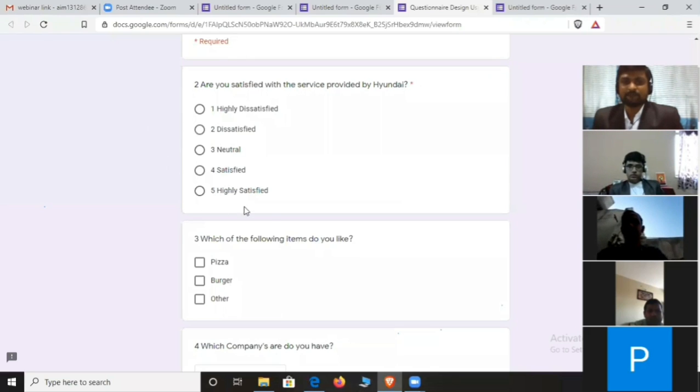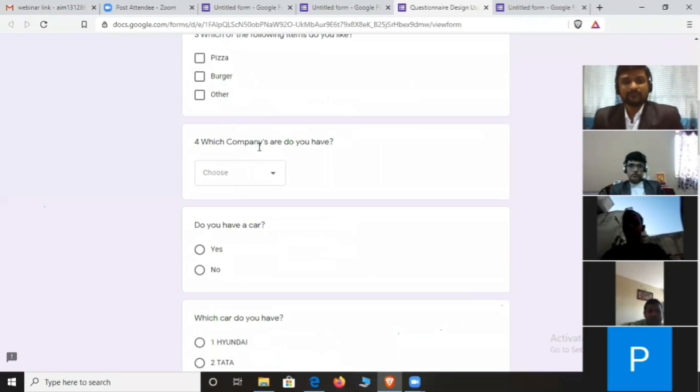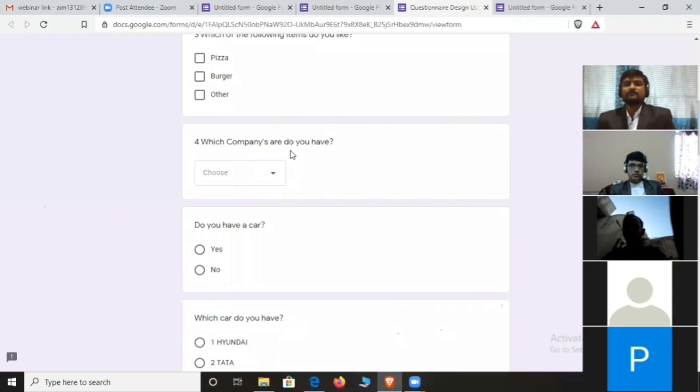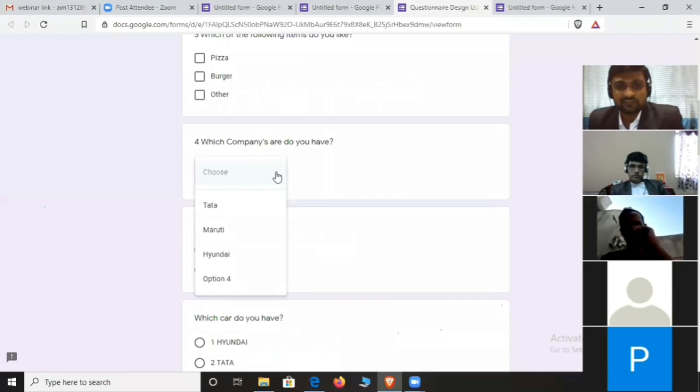Here you can see all the options as a respondent. But here, see, which company's car do you have? There is some mistake in the sentence. Okay, no problem. But see here, you cannot see the whole options until you click on this choose option. Once you click on the choose option, then only your respondent can see the whole options.